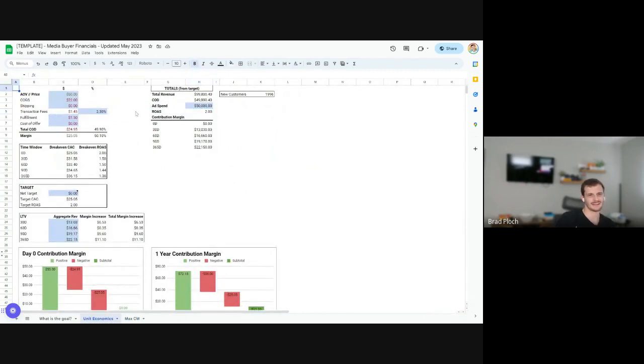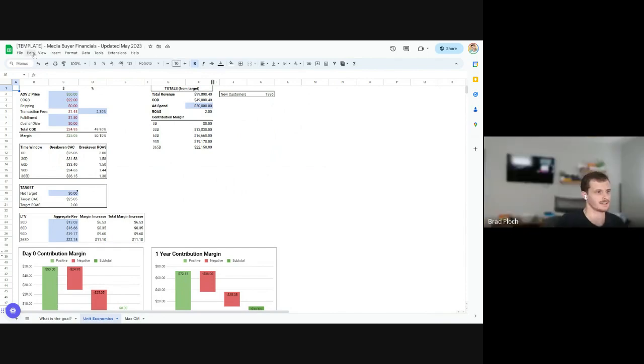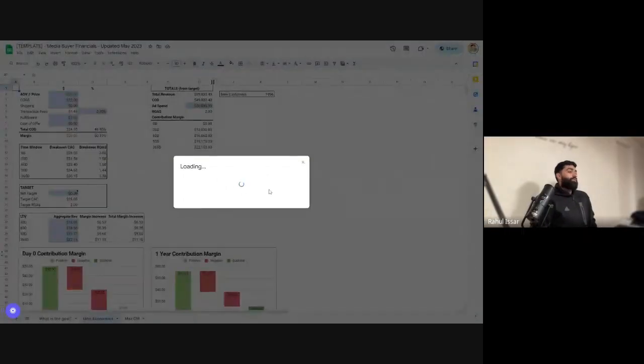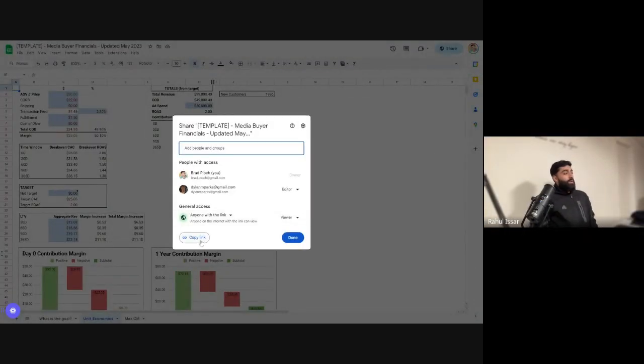That makes sense? No, that's helpful. Yeah. Is there a way I could get this template, if you have a spare one by any chance? Yeah, I just want to build something similar, because we do something a bit similar to this, but I think